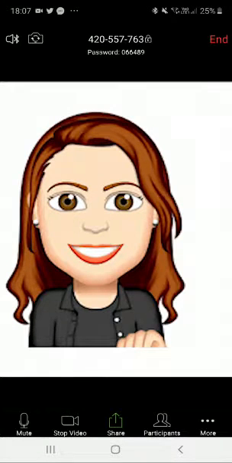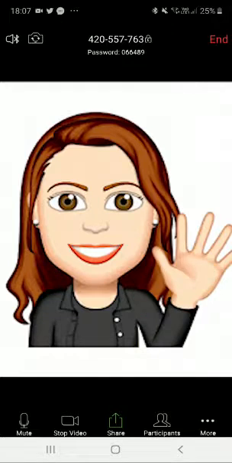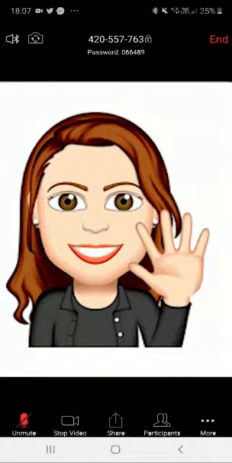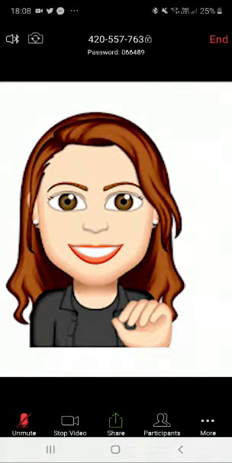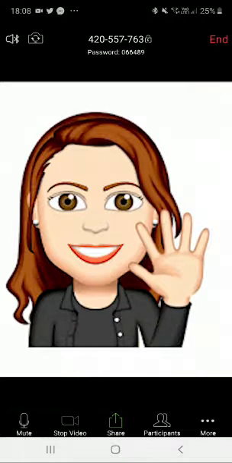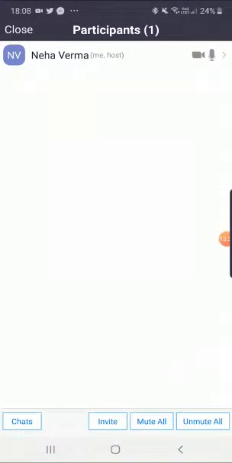Now here I would like to explain each feature. A teacher can mute the class so that his or her sound doesn't go to students. Can stop the video to stop sharing the video. Can check the participants who all are attending the class, can mute all the students or unmute them, chat with